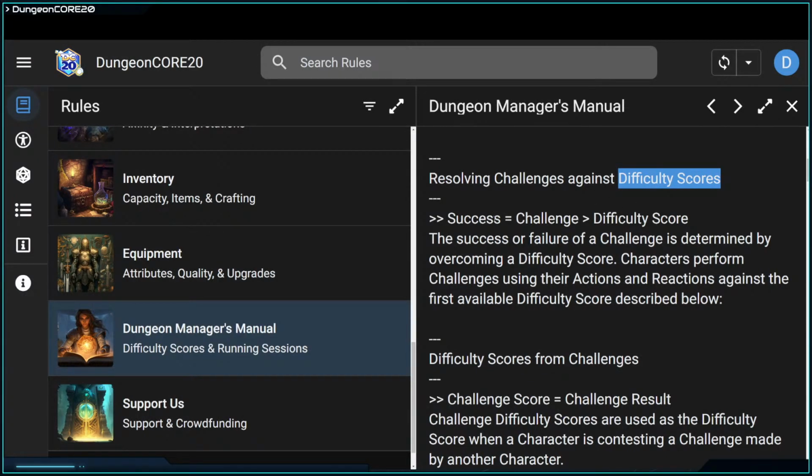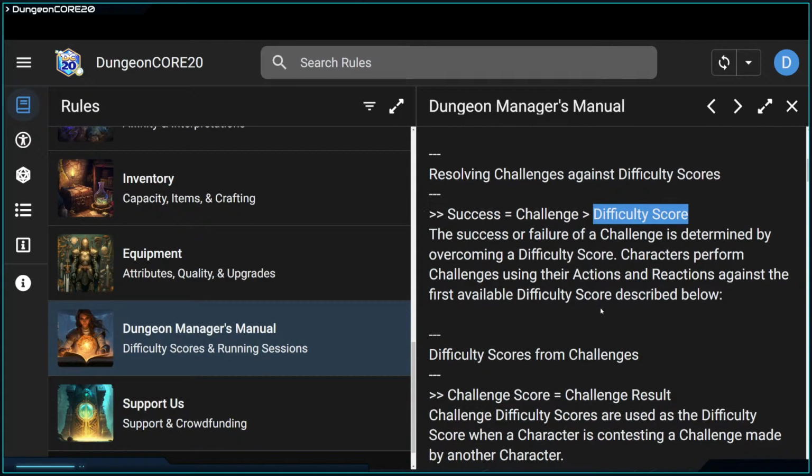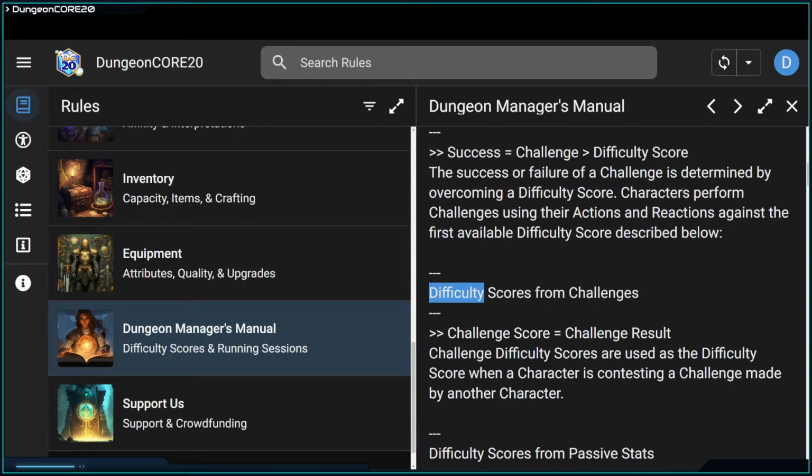So difficulty scores, right? A challenge has to be greater than a difficulty score to be successful. And then we define difficulty scores from challenges. So challenges saying like, hey, if I attack, I roll a challenge. And if I defend, my defend is contesting that challenge. So